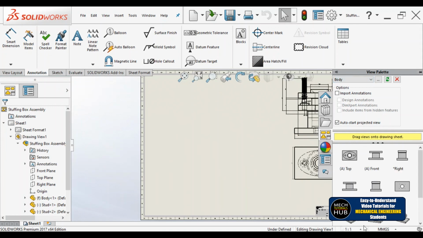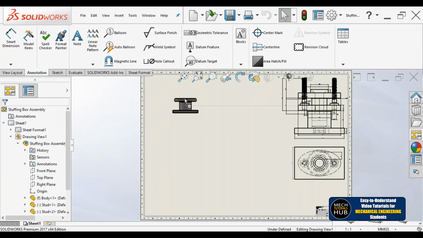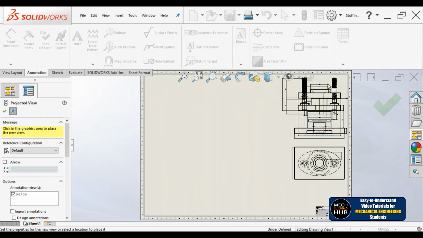Once you click on body, it will read the body related views. You got all the views related to that particular body. Let me consider front, drag and drop. Simply drag and drop it here on the draft sheet.